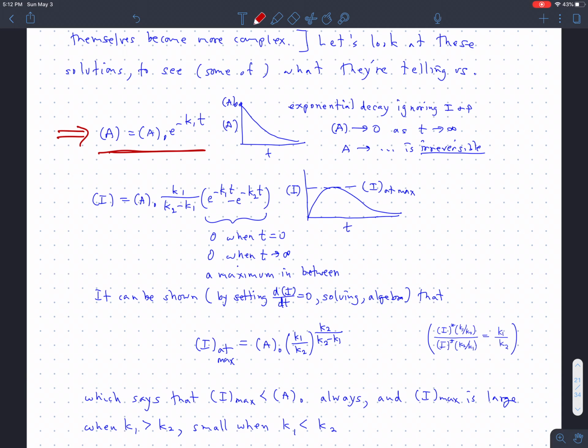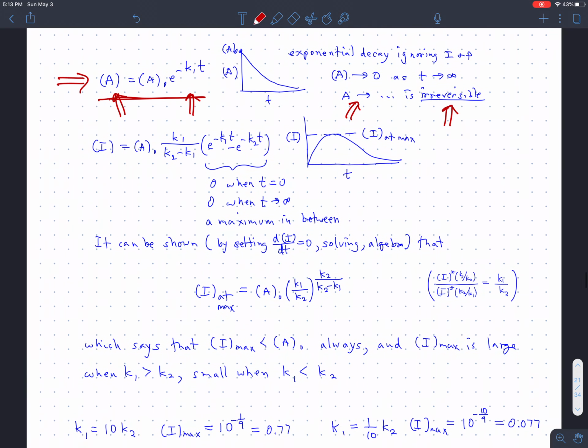One comment that's worth making is that the reason A goes away entirely independent of what I and P are is that the reaction that's destroying A is irreversible. And so all the A is going to go away eventually. And we won't ever get anything like a real equilibrium situation. I already said that, but let me just reinforce that here. Then for the second case,